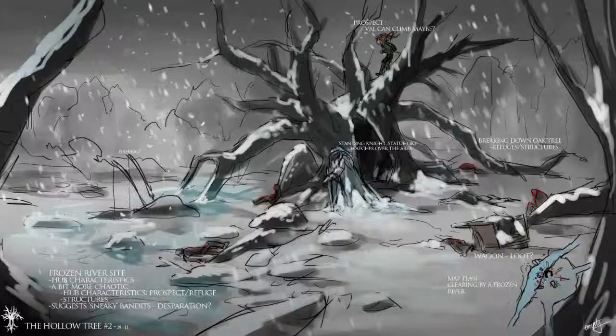Here's another piece that incorporates the stream. In doing this drawing, it's where I confirmed the viability of fishing and saw the opportunity for Val to climb the tree as a form of